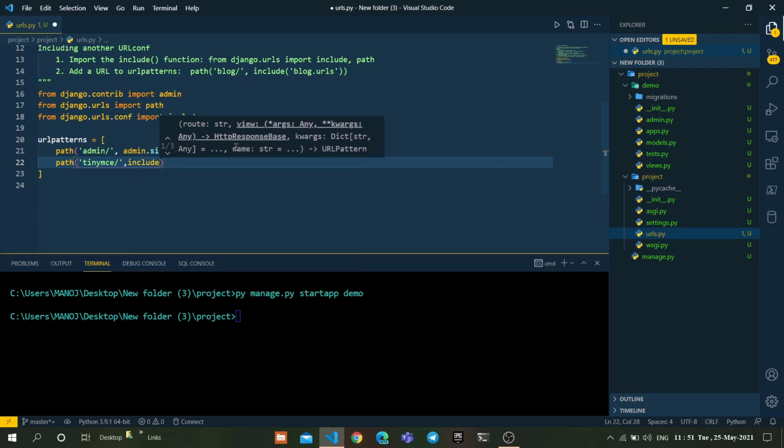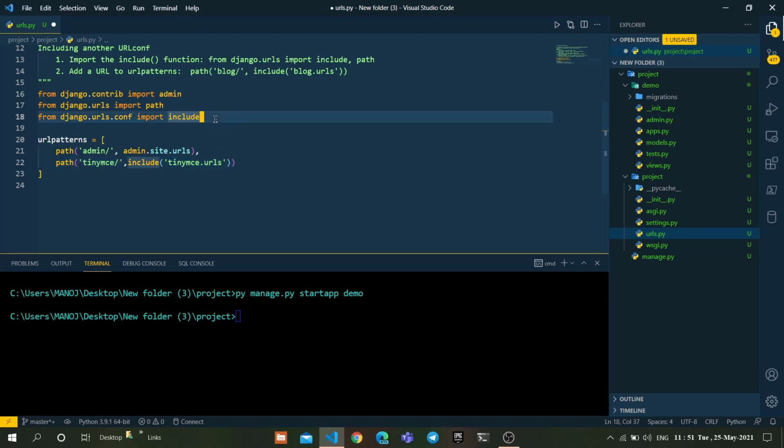This time I'm using the include function. This will include the URLs of the TinyMCE editor app, tinymce.urls. Make sure you imported include also here. Again, keep a comma, and write one more path for the demo app.